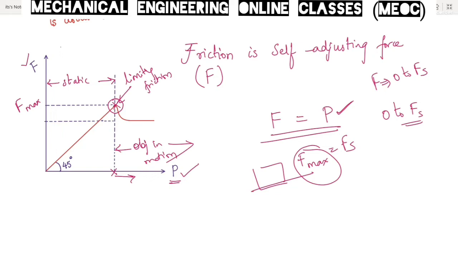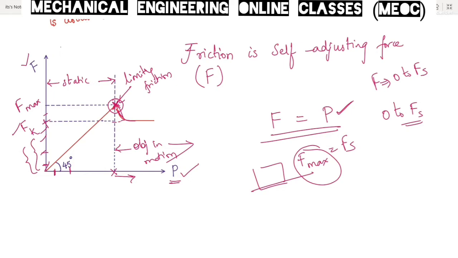Now the friction will come down from F max to, say, Fk, the kinetic friction, and we also know that the kinetic friction is always less than the static friction. Static friction we consider to be the maximum limiting friction only, because otherwise for every given P there is an F. These other values are naturally lesser than Fk. These are all static frictions only, but when we say that static friction is greater than kinetic friction, we mean it at the limiting friction point, or at the impending motion.